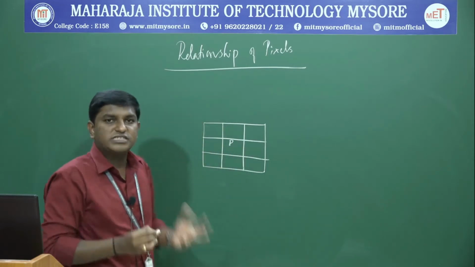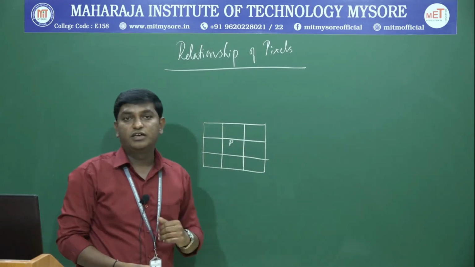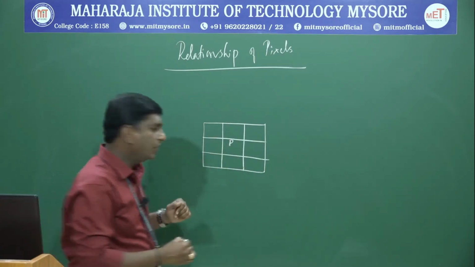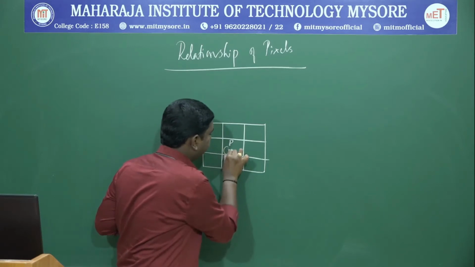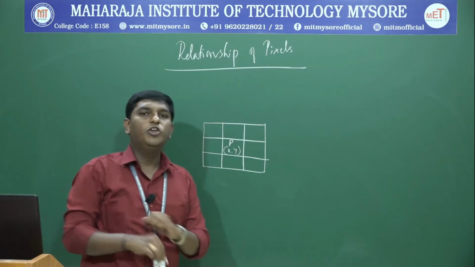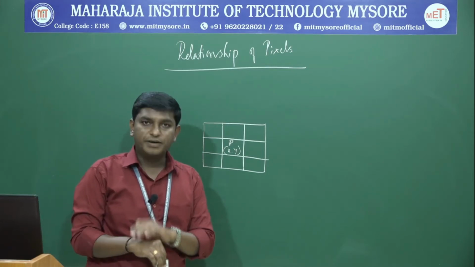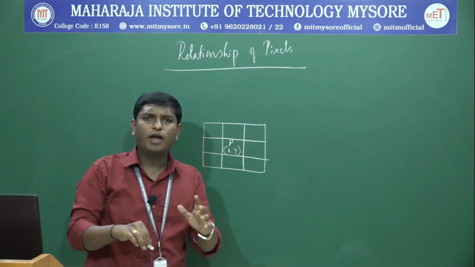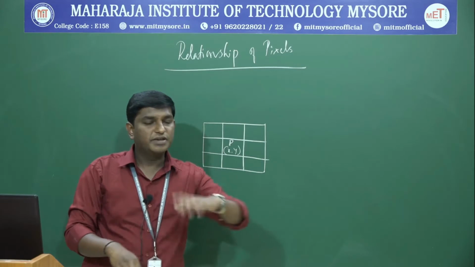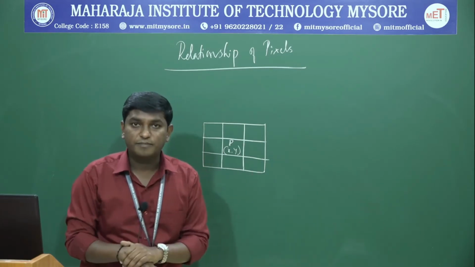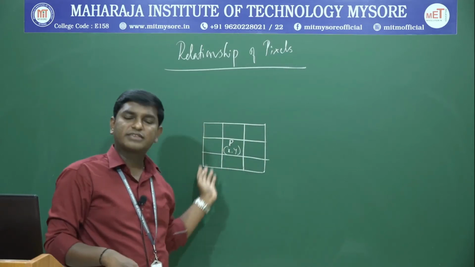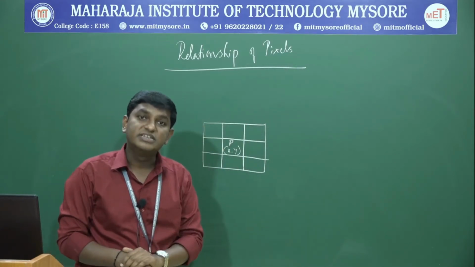This pixel P has coordinates. We have seen the spatial coordinates, right? Similarly, this pixel will have coordinates. The coordinates are x and y. This pixel P has neighbors. Then what do we mean by neighbors? The people who are around me are called neighbors. So you are staying in one house. The person next to your house is your neighbor, right? The person who stays at the backside of your house is a neighbor.